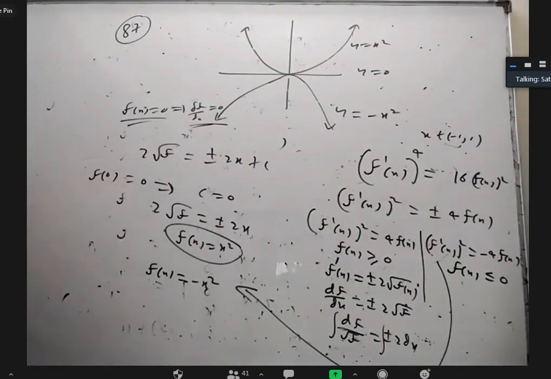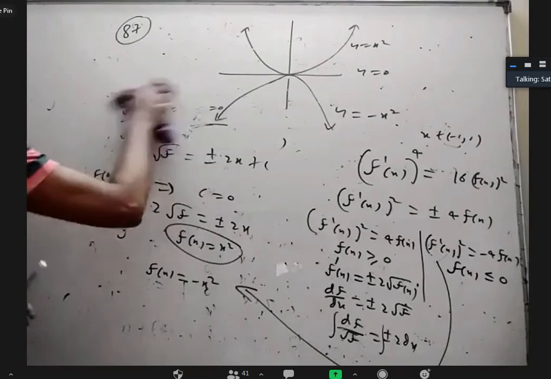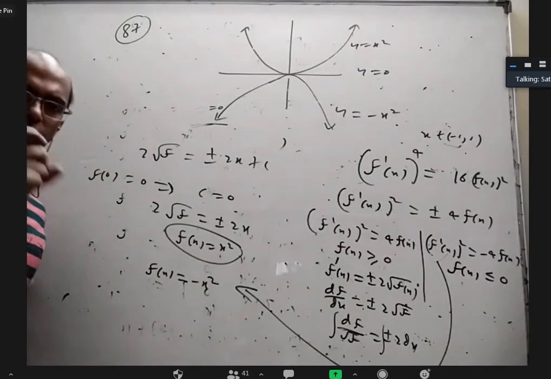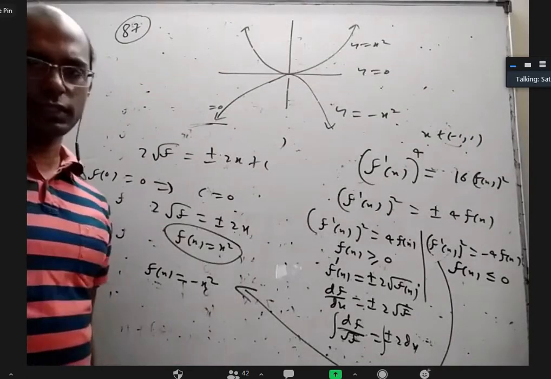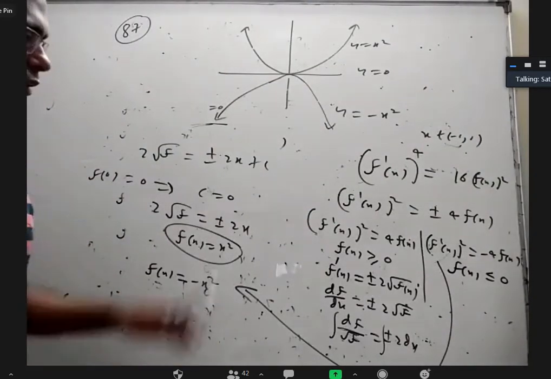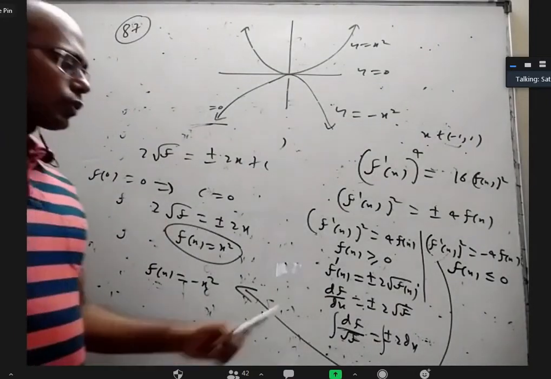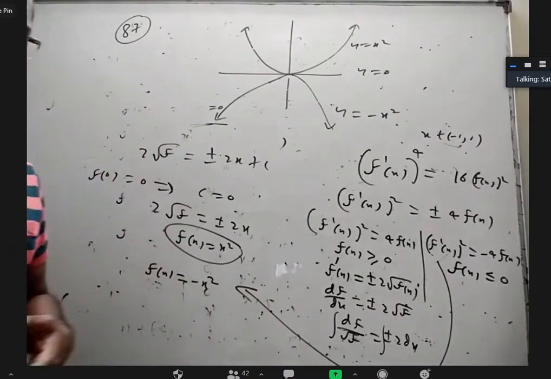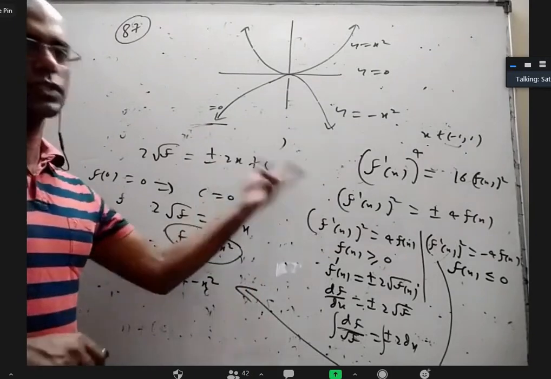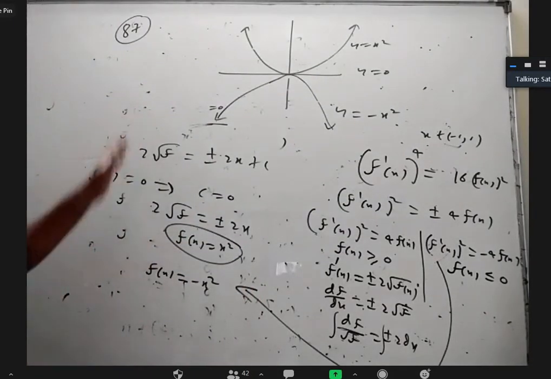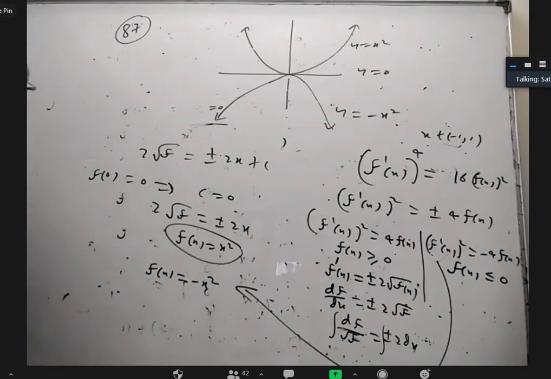Okay. So we got 3 cases now. f of x equal to x square, f of x equal to minus x square, f of x equal to 0 for all x, or at least part of the x. That is, only for positive values or only for negative values also we can take it. So those things have to be taken care of carefully. If you don't notice that, this question you will not be able to attempt correctly, because they're asking how many functions are there. I wrote 9 functions or 6 I wrote. I showed you another 3.